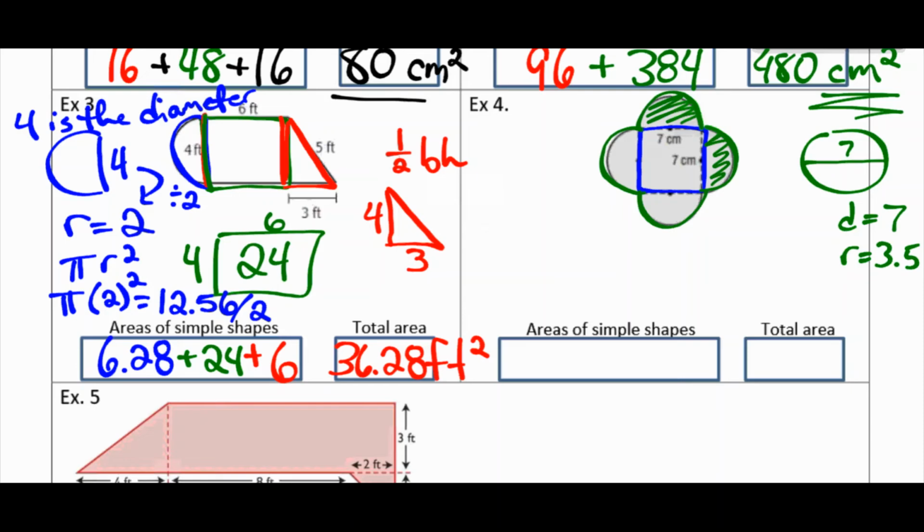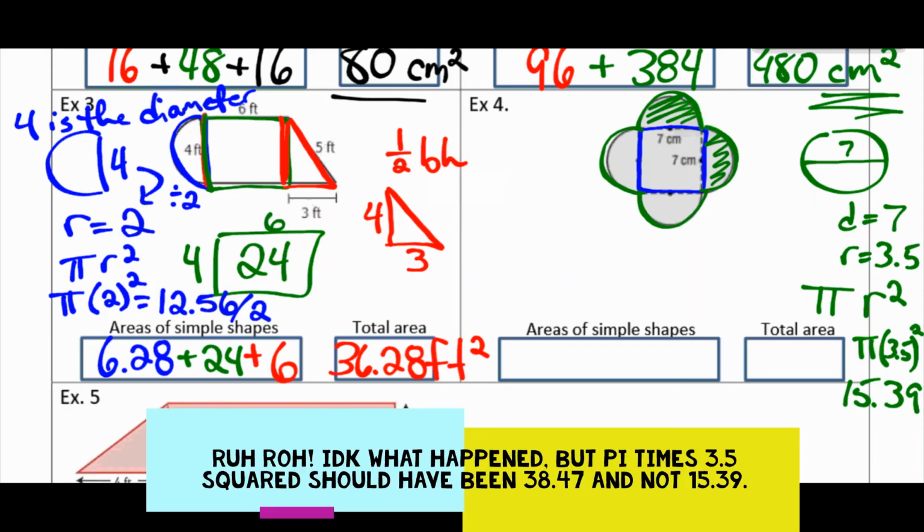So that's going to help me find the area of a circle. Pi times 3.5 squared, which is 15.39. That's the area of one of the circles. So that's the area of this and this put together. But I have 2 of those. I have another half circle here, another half circle there, so combined, that makes 2 full circles, 2 of these. So I have a 15.39 plus another 15.39